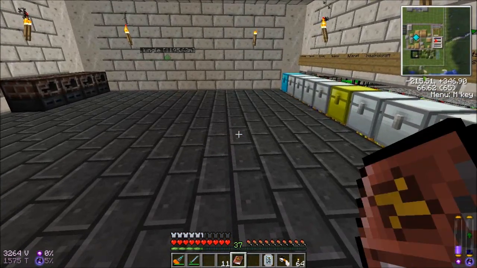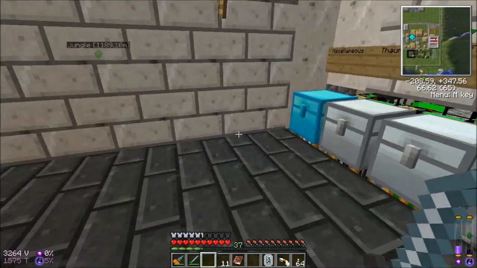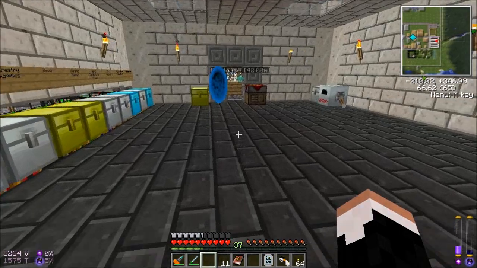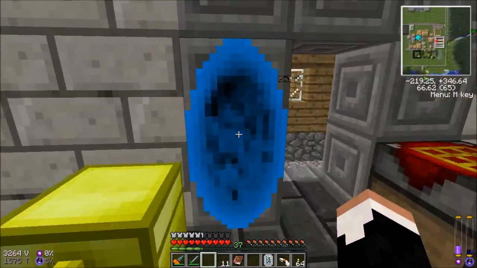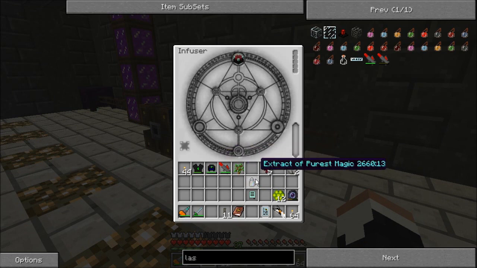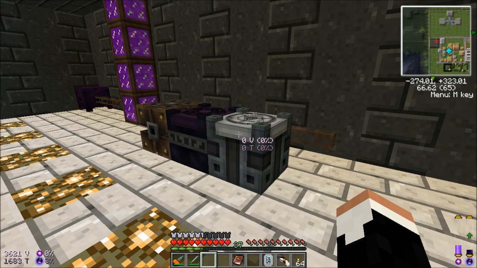So what else did this require again? A conduit and a regular enchantment table. Not too hard. Here's our enchantment table. We've got the conduit on us. Let's go through. And in the infuser, it's going to be our enchantment table, our extract of purest magic, and the conduit. That gives you your Thaumic Enchanter, which if I were to put this down right now, I could put